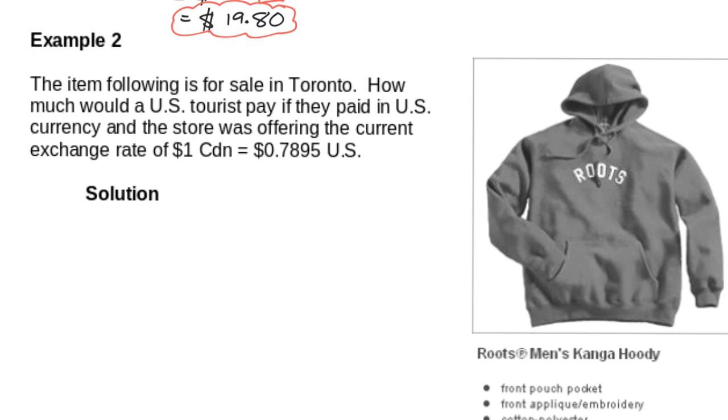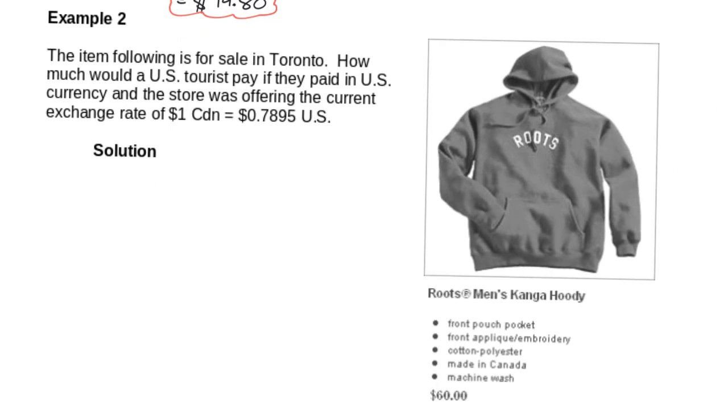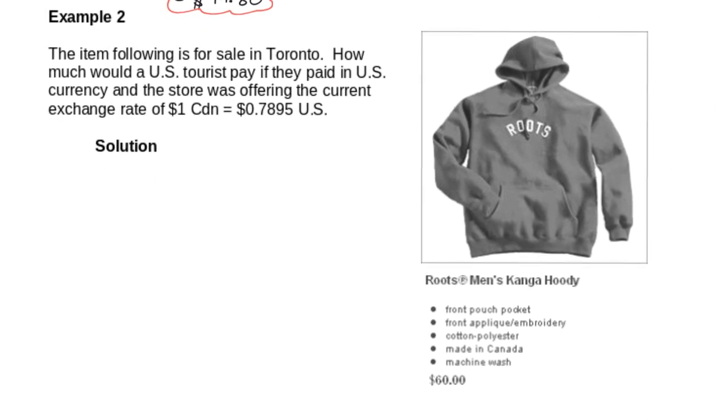Example 2. Imagine you have an item that's for sale, right? And this item is a hoodie, okay? And we're selling it in Toronto for $60, okay? All right. Now, imagine how much would a US tourist pay if they paid for it in US currency? And the store was offering an exchange rate. So imagine you're in Toronto and you say, hey, not only will we take Canadian money, but we'll also take in American money,